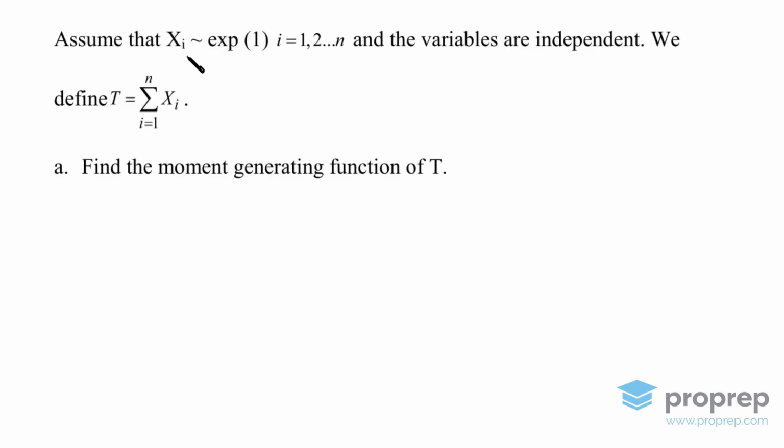In this question, we assume that xi has an exponential distribution with parameter 1 for all i equaling 1, 2, and so on and so forth until n. Now, the variables are independent. x1 is independent of x2, and so on and so forth. And we define T as the sum of all the xi's, and we're asked to find the moment generating function